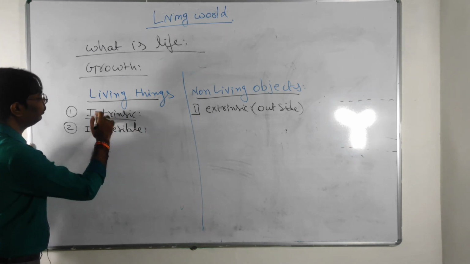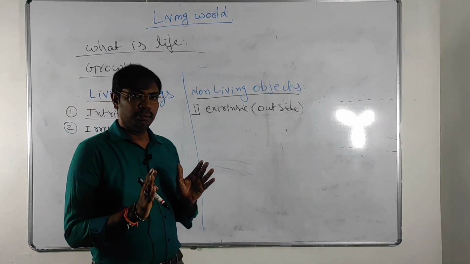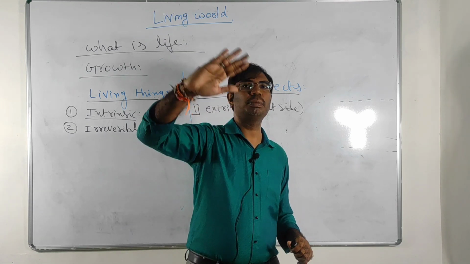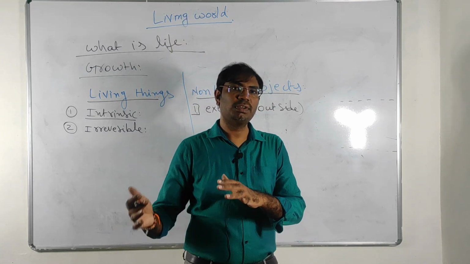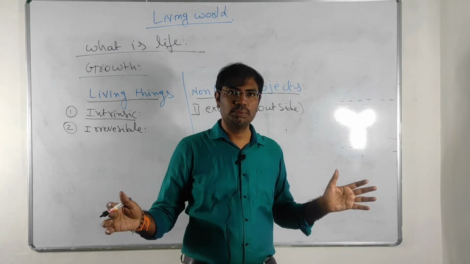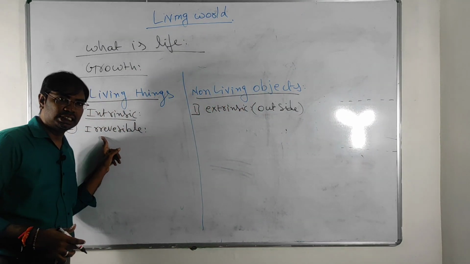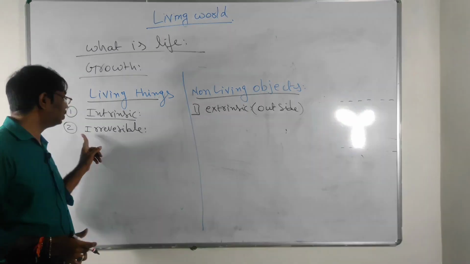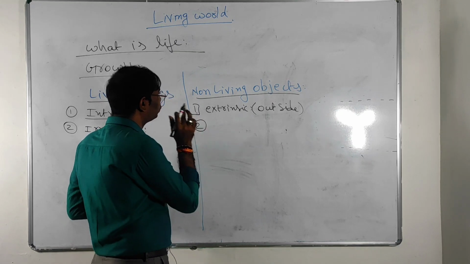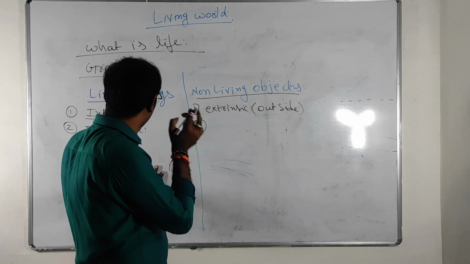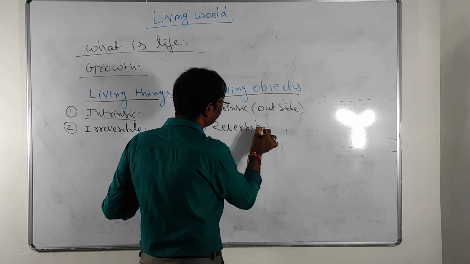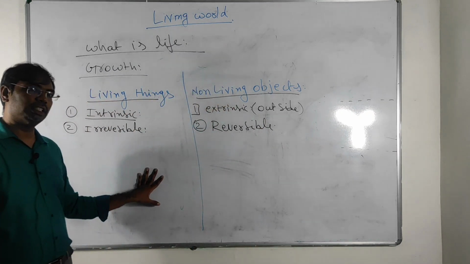in living organisms. Suppose you are a baby, then a child, then an adult. Your height may reach up to 6 feet. Could it again decrease from 6 feet to 1 foot? It is impossible. It means growth is not reversible. Once the organism's size is increased, it never decreases. That is called the irreversible property of growth. And second, non-living objects also have growth, but it is reversible.